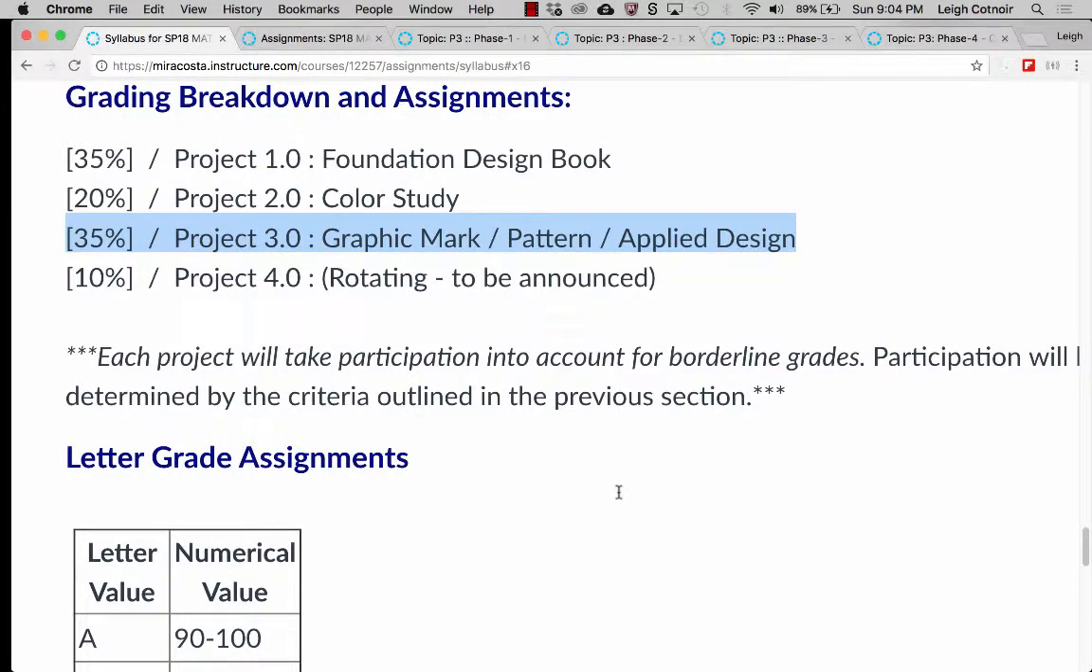All right, I want to talk about your third project, and this is going to be an introduction. So we're going to go through a breakdown of the separate assignments that comprise the third project, which is called the Graphic Mark Pattern and Applied Design project. And so essentially, it's going to be similar to making a logo, but we're not going to call it a